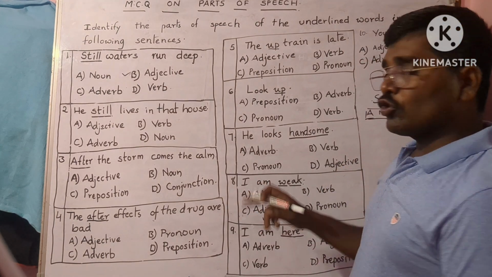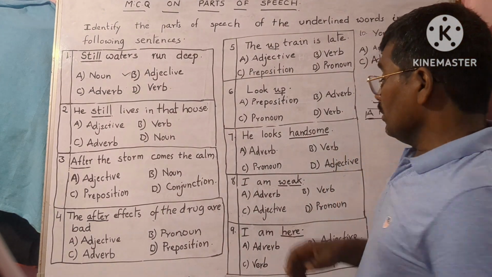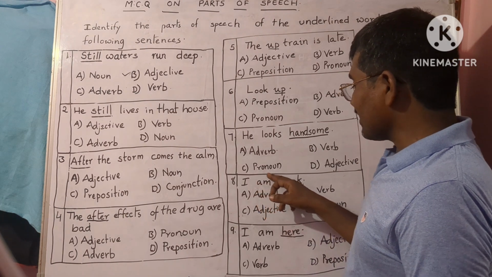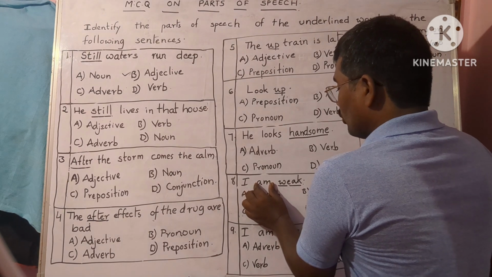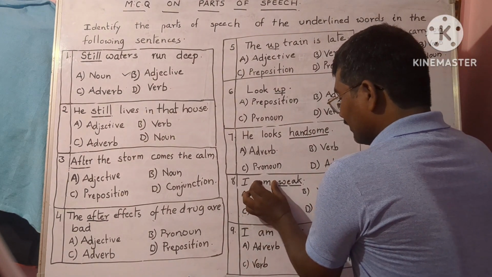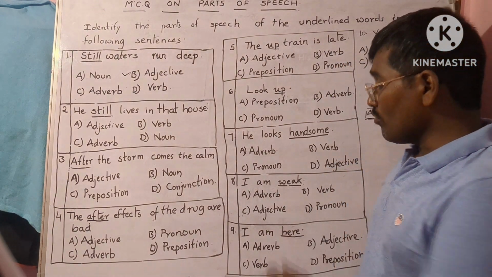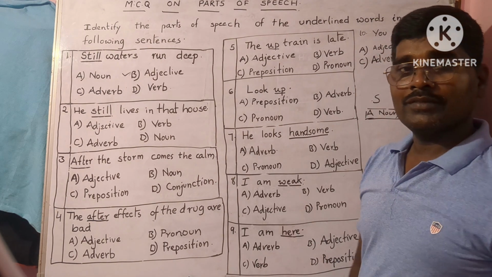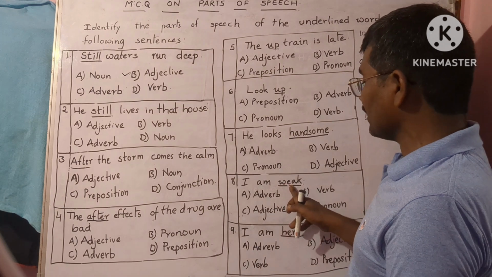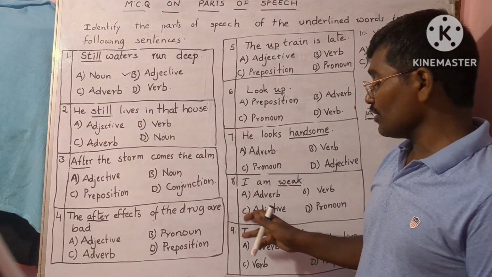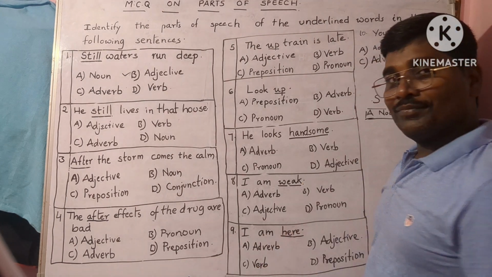When you break down the sentence into two parts, I is the subject and am weak is the predicate. Here, am is just a linking verb. Again, see, it is not doing any action. It is linking the characteristic of the subject I, the speaker. How is the speaker here? He is very weak. Since it is showing the characteristic of the particular subject, we can call it an adjective. Option C is right. When you go to the ninth one, I am here.